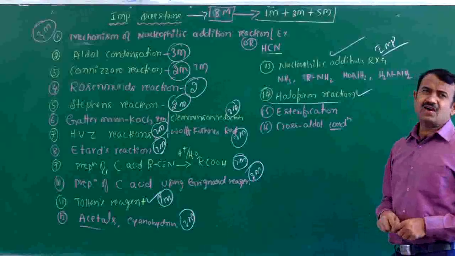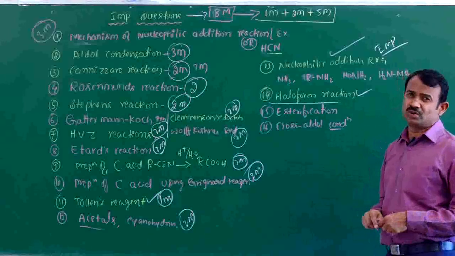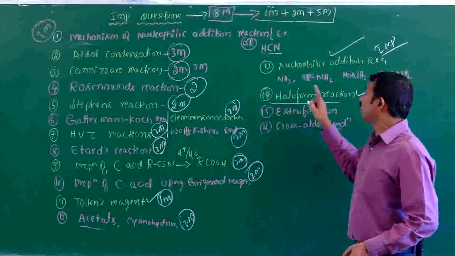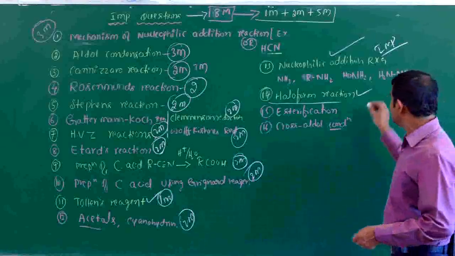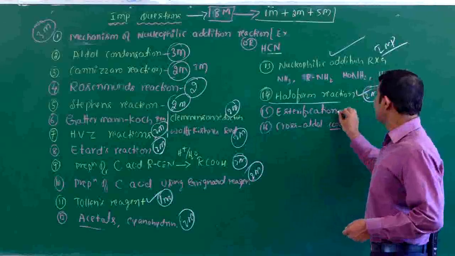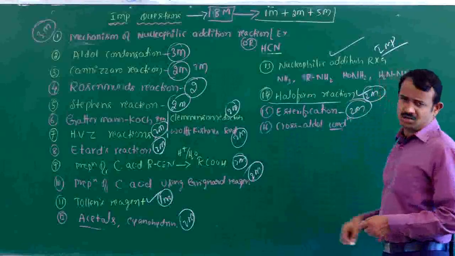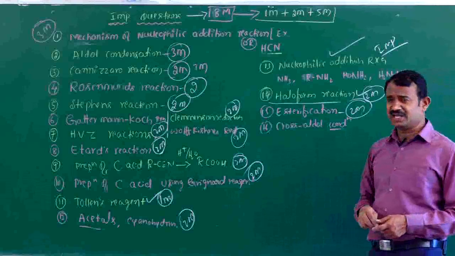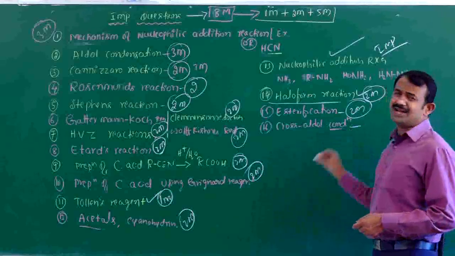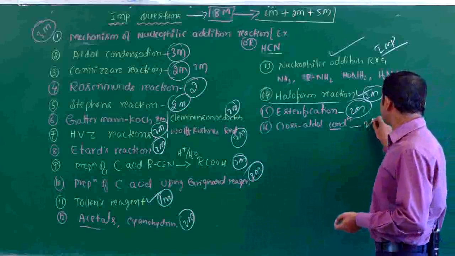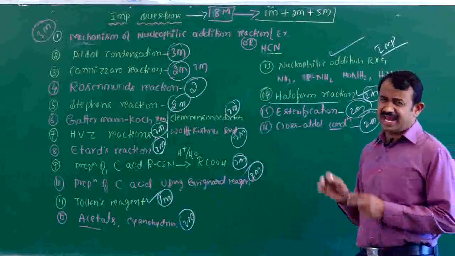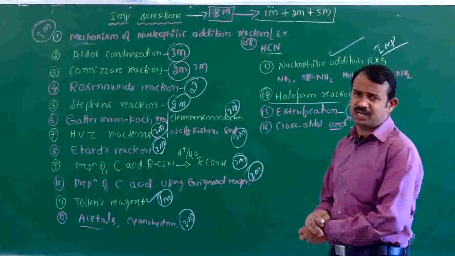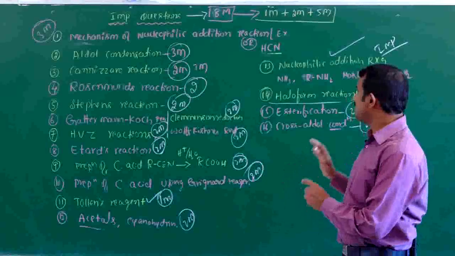Next one is the iodoform reaction. If a methyl ketone is there, it forms the iodoform reaction. This is also a 2 marks question. And esterification we have already discussed in alcohols. That is, monocarboxylic acid is heated with alcohol in the presence of sulfuric acid to form ester. Next one, sometimes they will ask the cross aldol condensation. 80% of the major questions arise from the named reactions. This is the important factor.